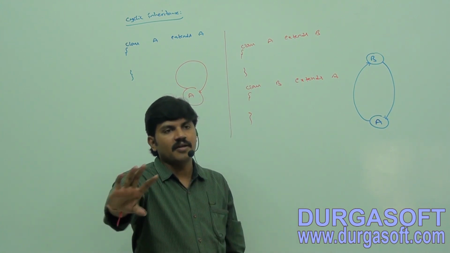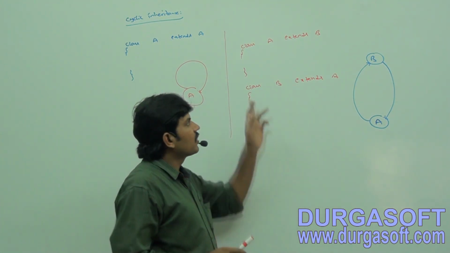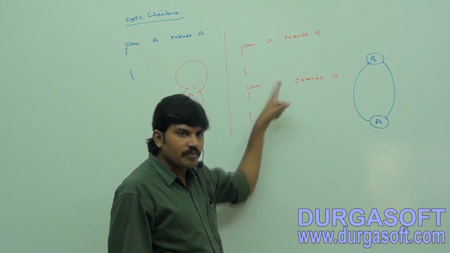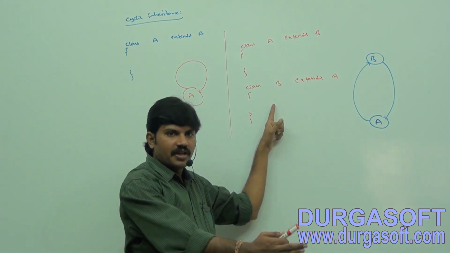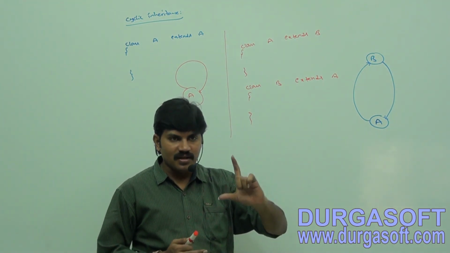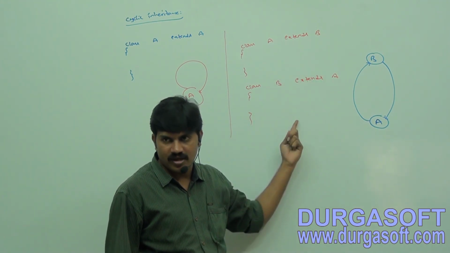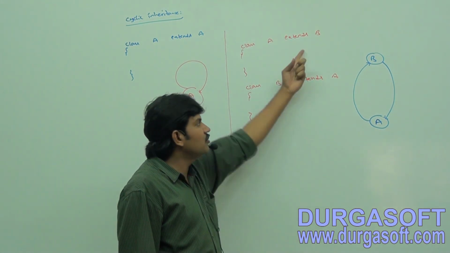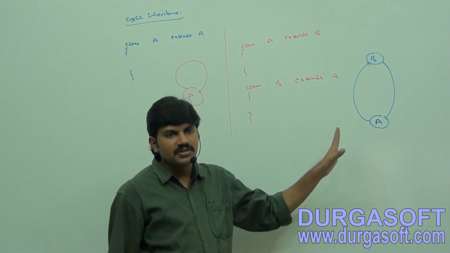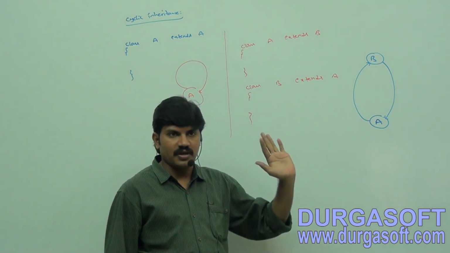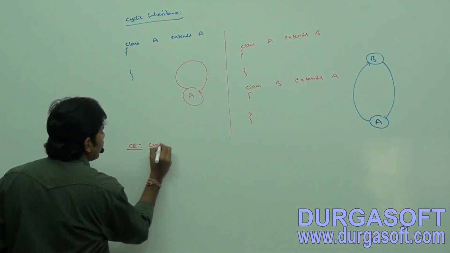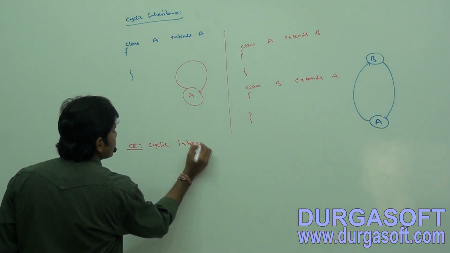Of course, it is not required in any programming language. Because class A extends B, the B class methods are required for A, and the A class methods are required for B. Then you can define the total methods in a single class. Why take two separate classes? It is an unnecessary, useless syntax. That's why cyclic inheritance is not allowed in Java. So in both cases, we are going to get a compile time error saying